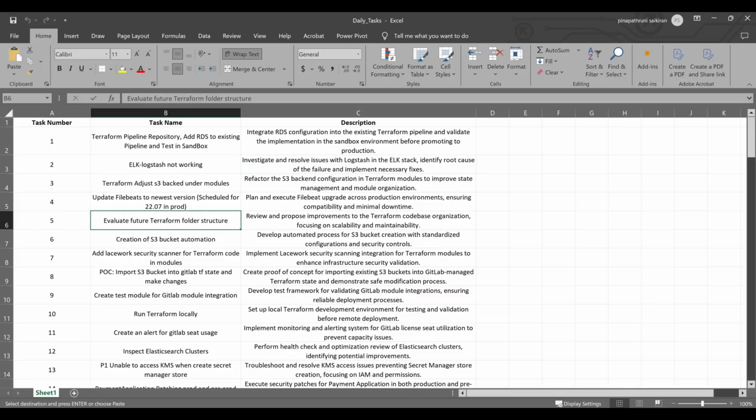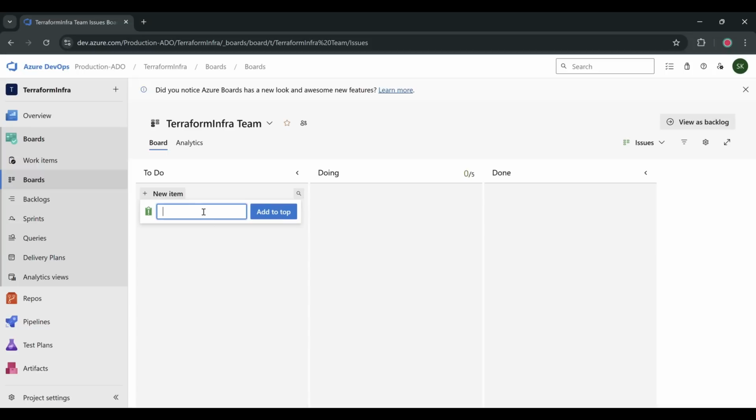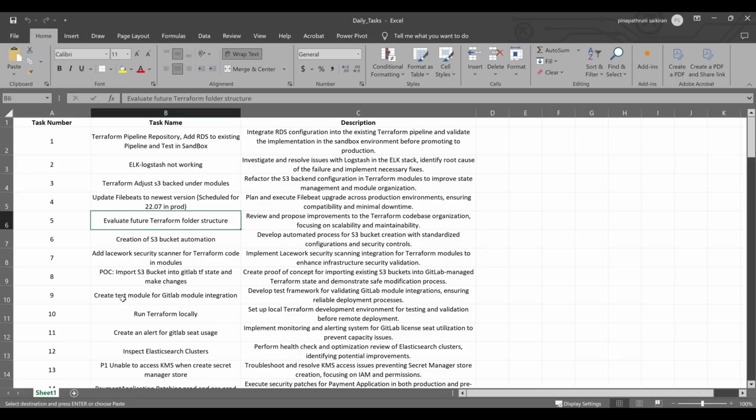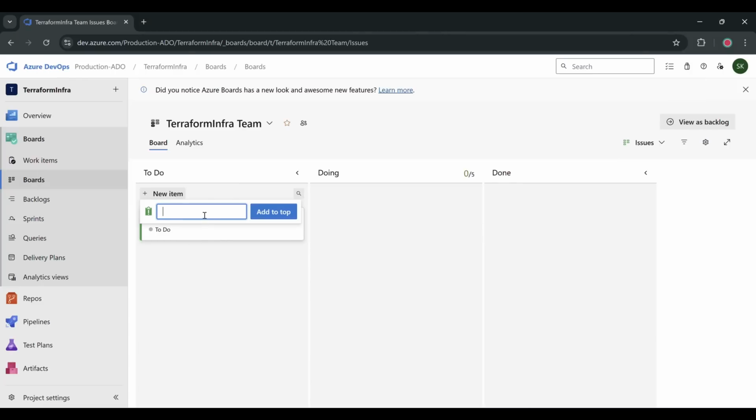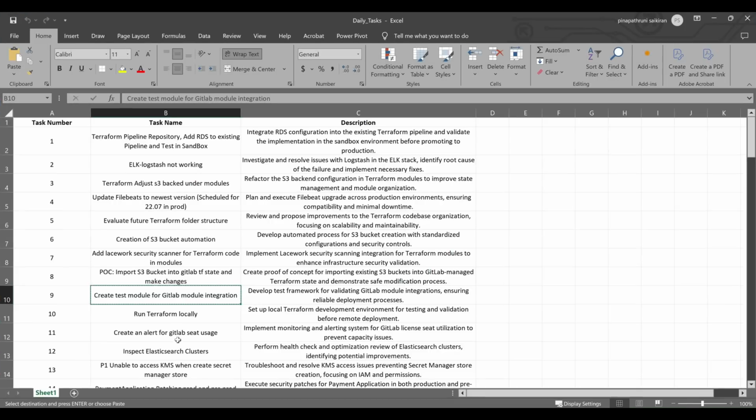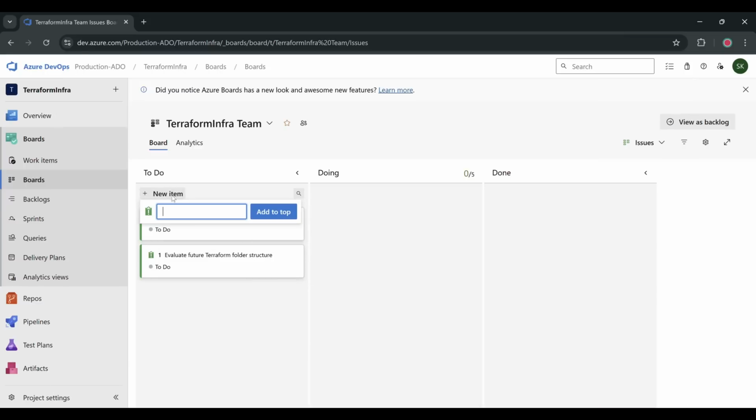So let's take this evaluation. I'll mark this and then I'll add to top. If you do have any other task, for example, create test module for GitLab module migration, I will come here and post it, add to top. Or else if some other team is asking that they wanted to run Terraform locally, I will take the task and then I will create